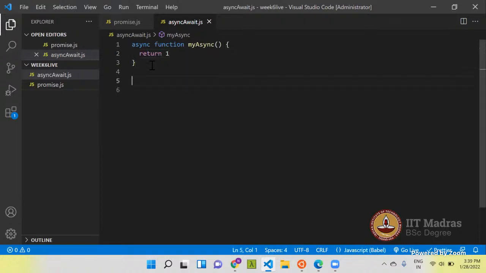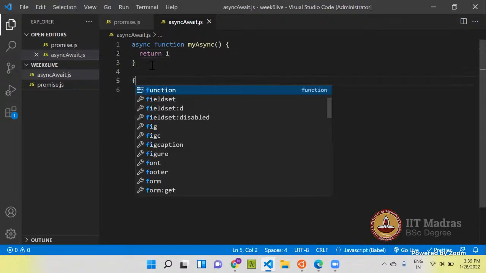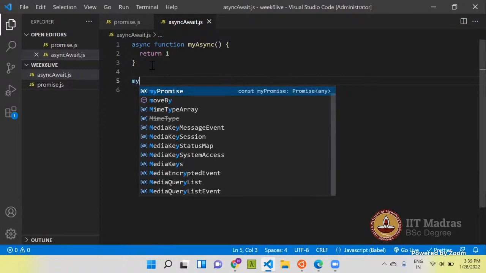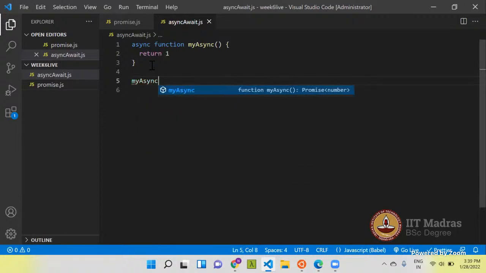And now let's call this function. Let's check what this returns when we call this function.